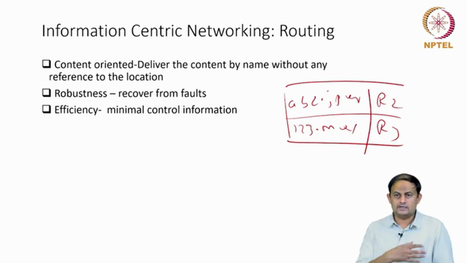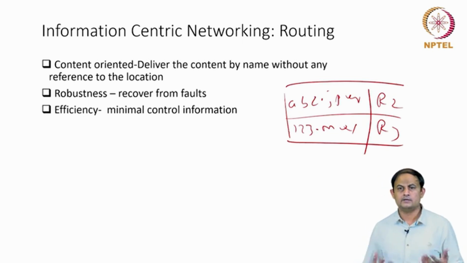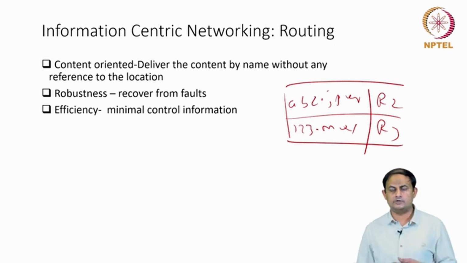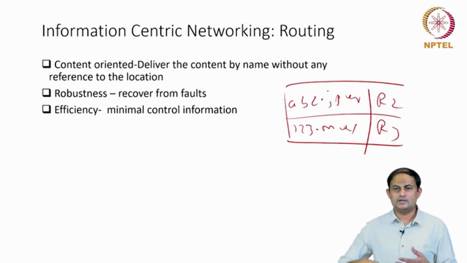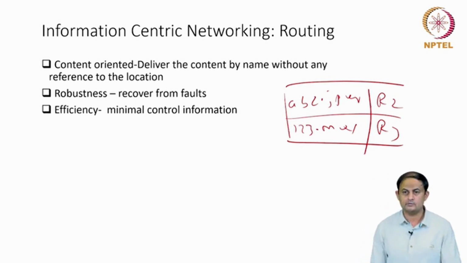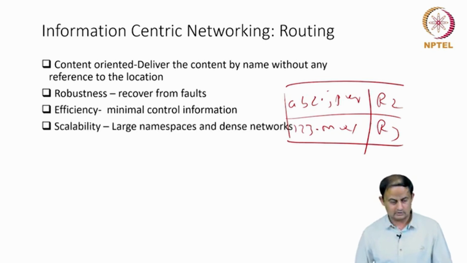And this comes, as I said, with an expense of data exchange, control data exchange in the network. Can we keep this control information exchange to a minimal extent? The simplest way is every router advertising its own routing table containing these names to every other router in the network. Because the routing tables themselves are quite large, can we keep this information to a minimal level? How do we optimize this data transmission originating from the control channel?